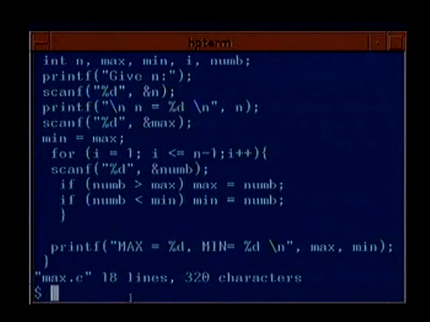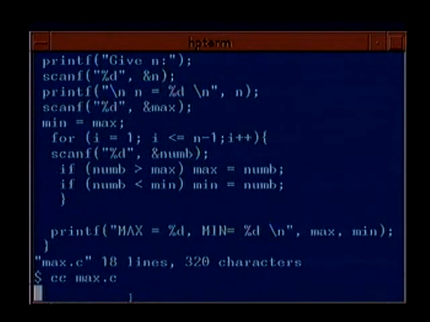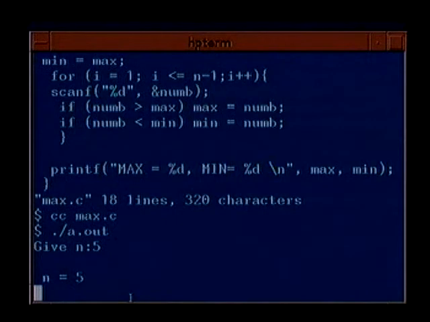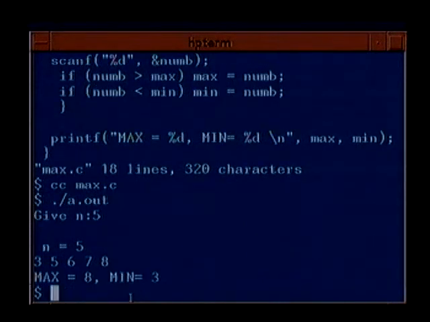So let's see how this will run. So again you give 5 numbers, so let's run it again.